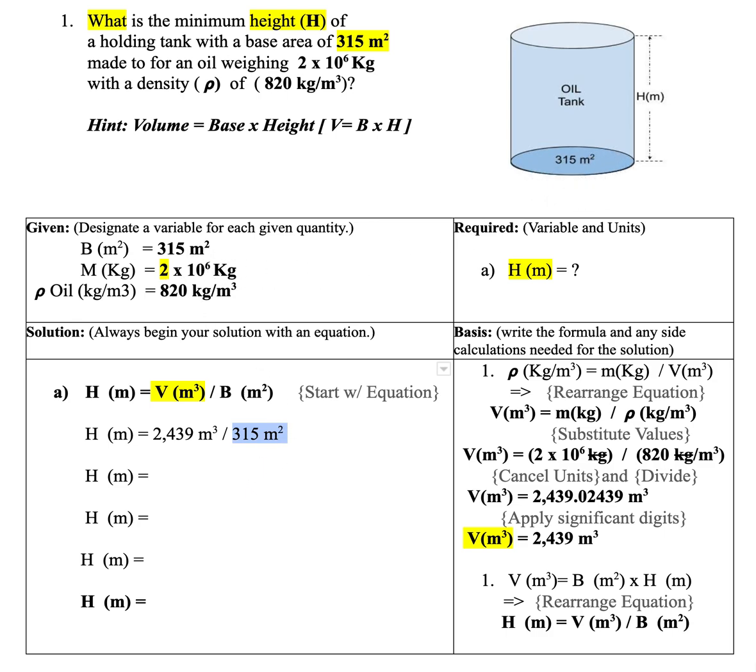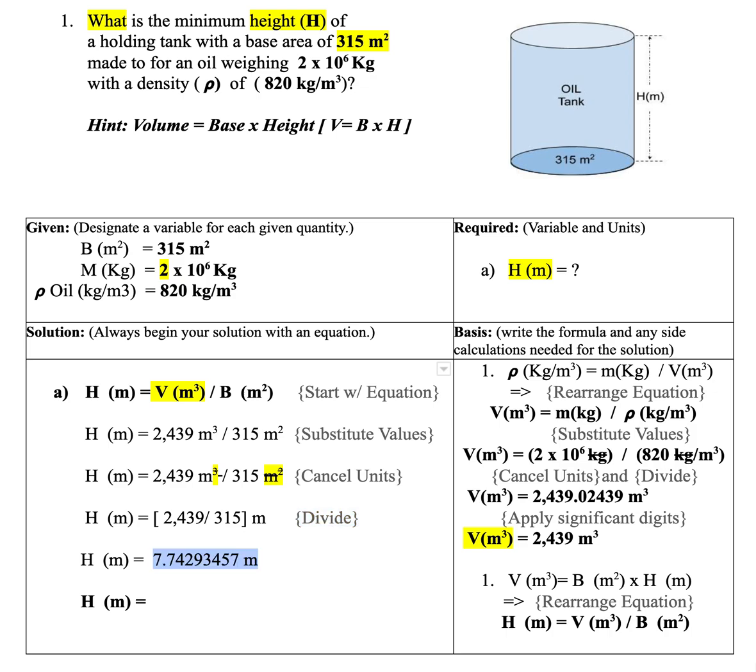So when we divide, first we have to cancel. There's m to the third on the top, m to the second on the bottom, and so that leaves us with, okay, we have to cancel units. Okay, and then divide. Now that we have to divide, and then we have exactly what comes out of the calculator,